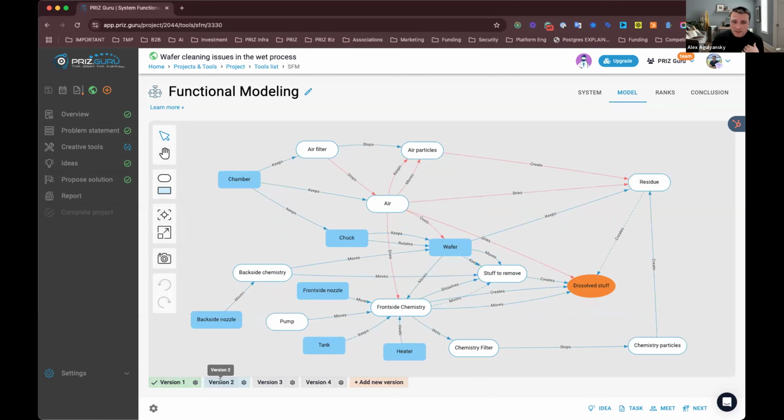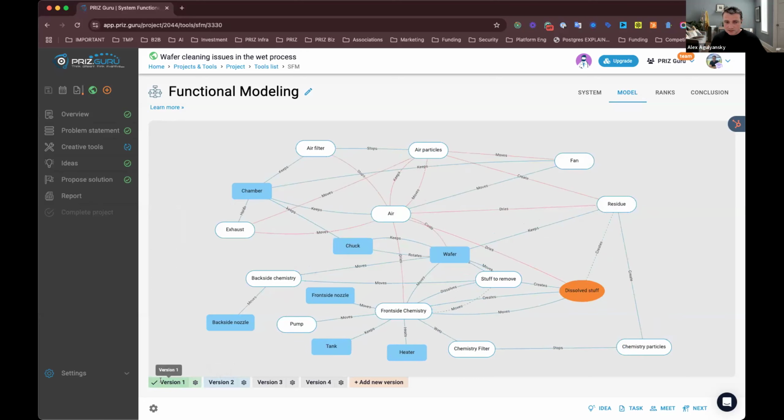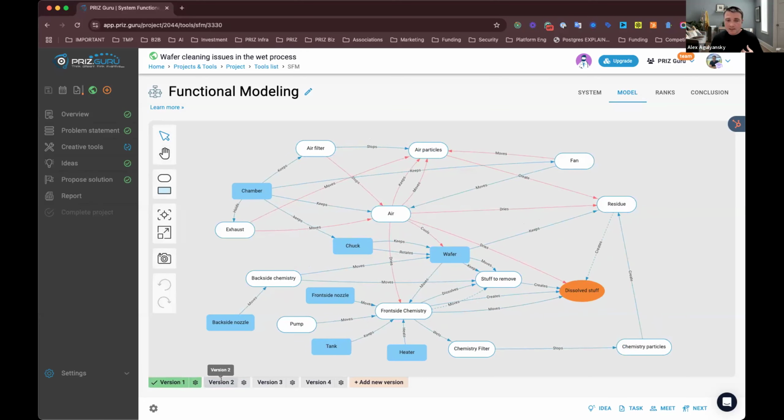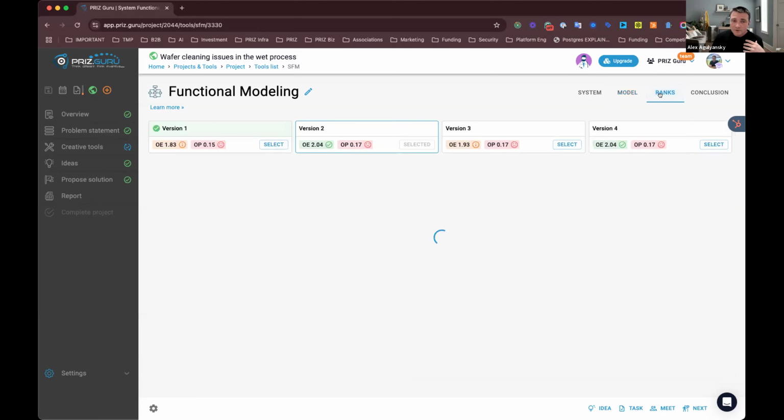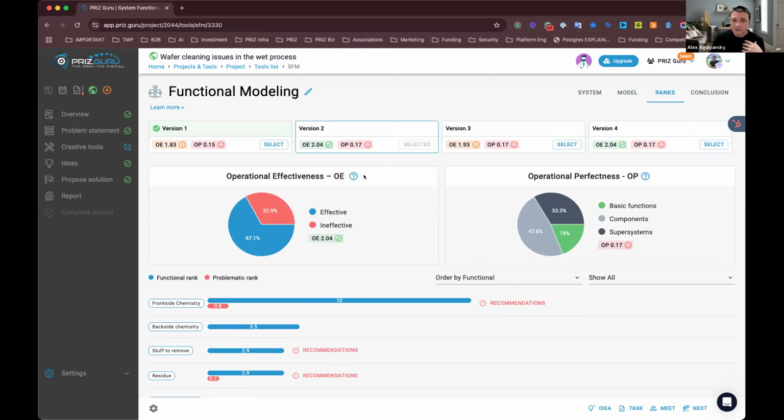But what the functional model allows us to do, since we already modeled our system and our failure, is simulate the change going forward. For example, we know the components and we know about the change that we're trying to introduce in the future, so we can model the system after that change. And of course, right after, we can see a completely different picture.